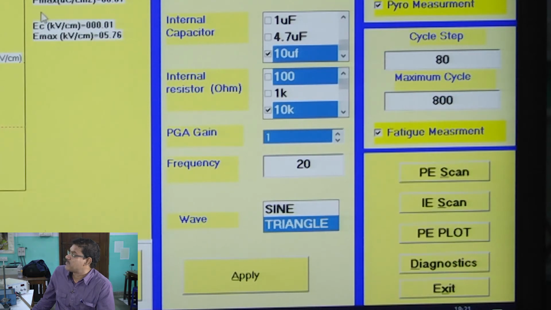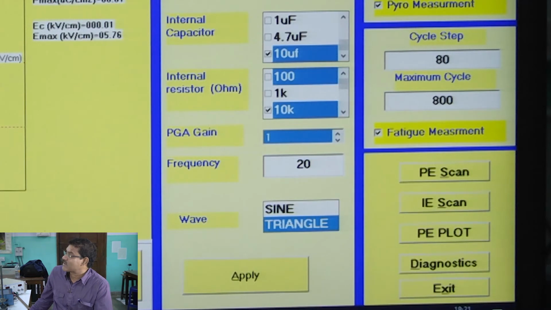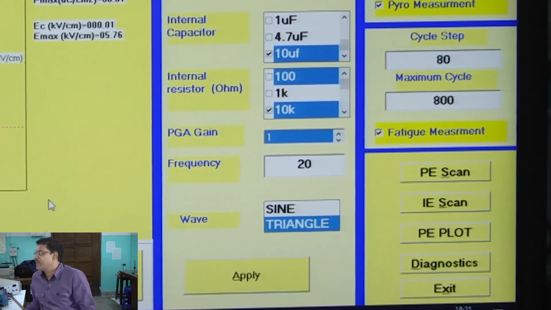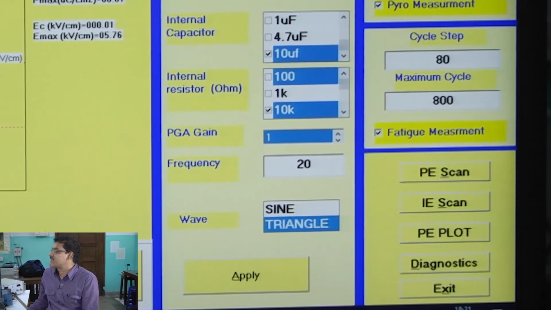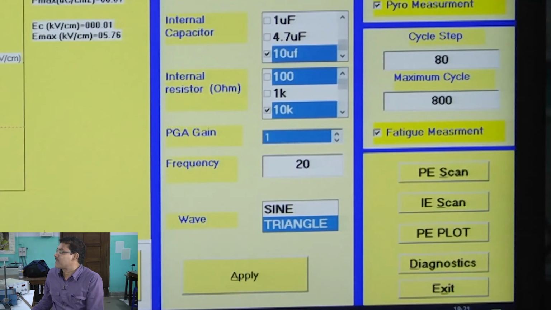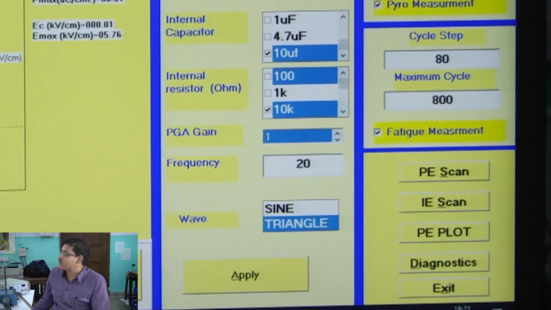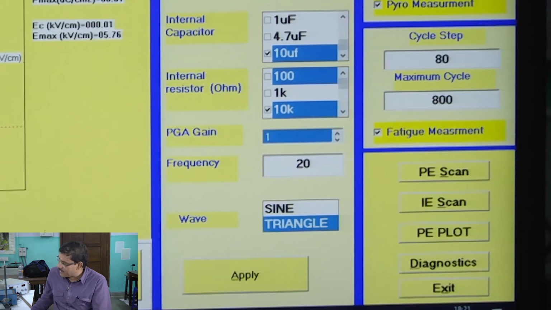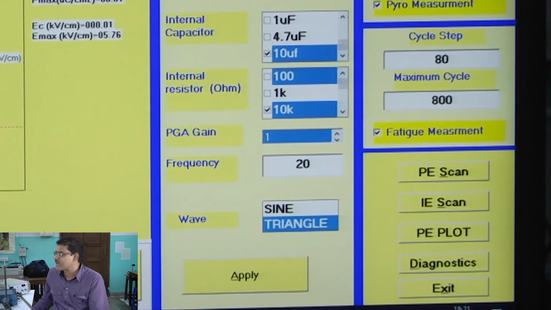It is giving PR, the P maximum value, but here we can see that it is not saturated. So, to get the saturation value, we need an even higher electric field. So, I have to change this field; the maximum value I have given is 10 kilovolt per centimeter. We have to change this, say, to 20. Then maybe we can get the saturation value.